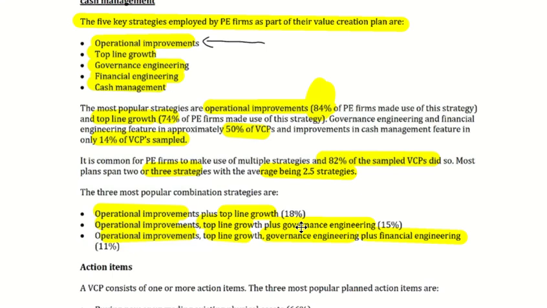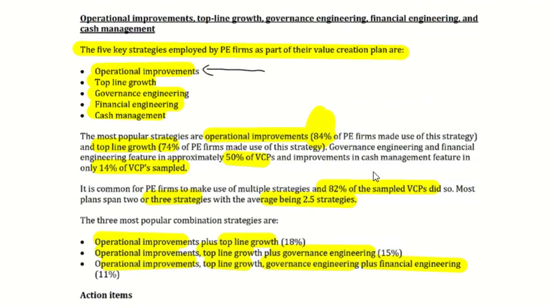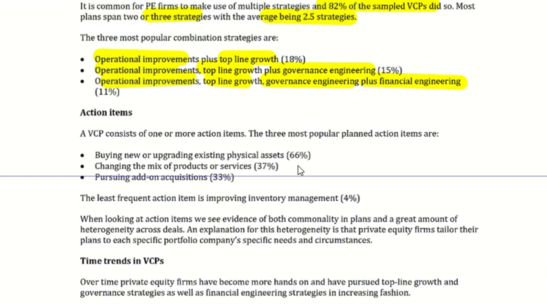Okay. When we look at these plans, so those are the strategies, and what this article seeks to do, guys, is to break down where value creation comes really from 2 major points of view. Number 1 are the strategies, and we've spoken about the strategies up here, the 5 key strategies that private equity firms can use, and they would often incorporate these then into their plans, their VCPs, okay? Another area that we look at are specific action items.